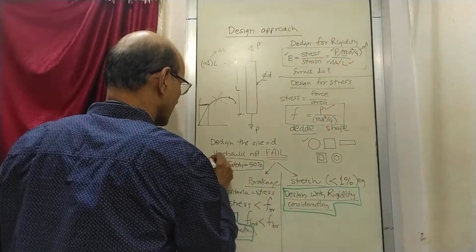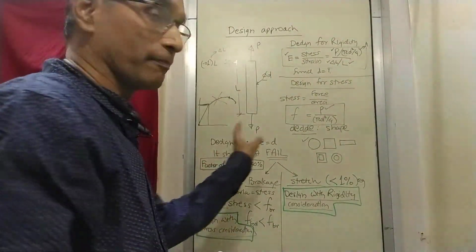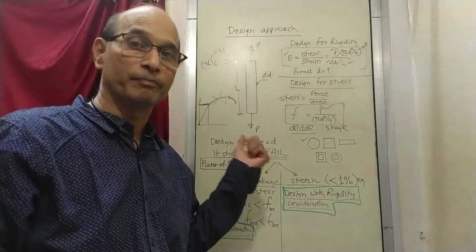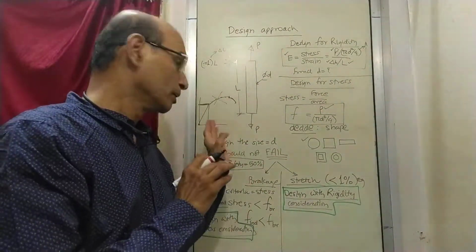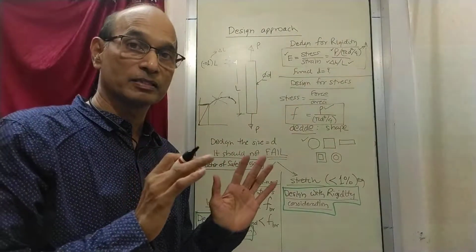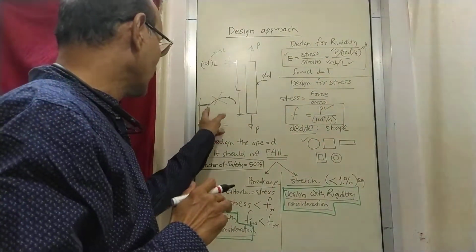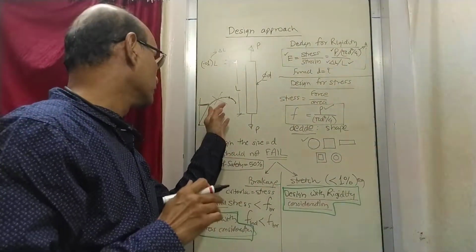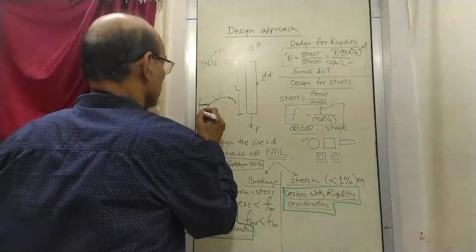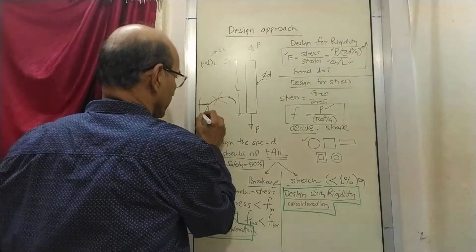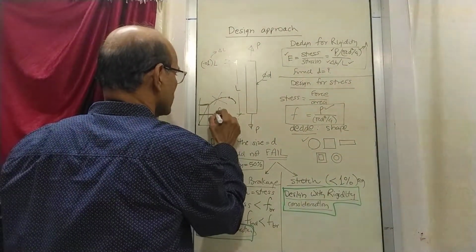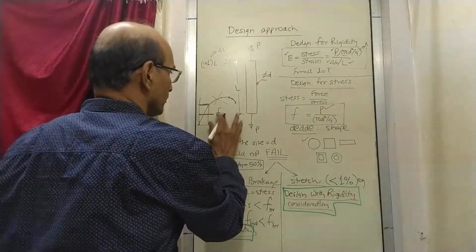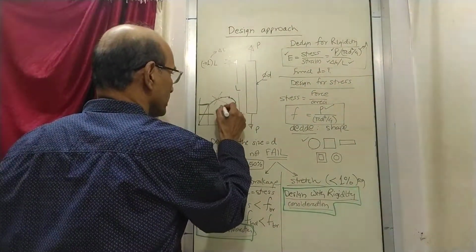Now we are going to talk about factor of safety separately. But at the moment just think of something called a factor of safety. 50% means you want your design to be double sure. That means even if up to this stress everything is fine, we are not even using this stress, we are using 50% of this stress, half of this. So this is called F. Now in this case it is a tensile stress, I'll write here T, and it is a design stress.